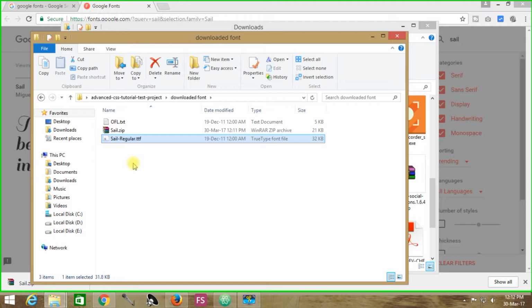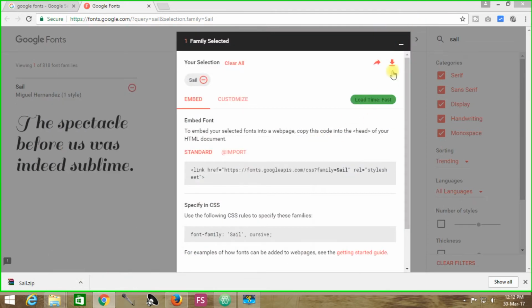Then the hectic job comes over again. You have to do all those things that we have seen in our previous tutorial. So this is the advantage of using Google Fonts in your project: despite so much hard work, we are just copy pasting these things and using it.